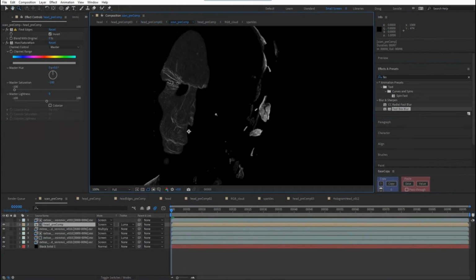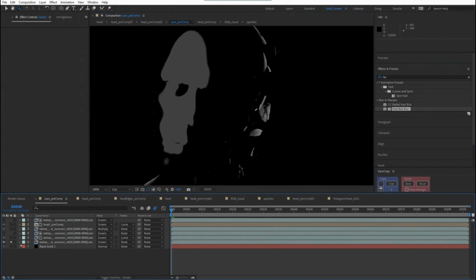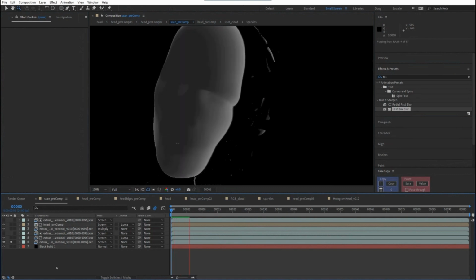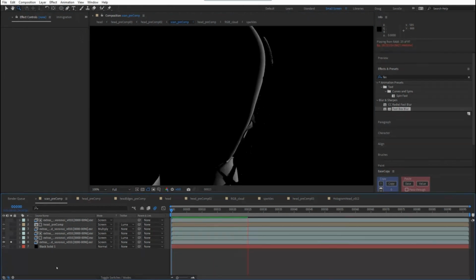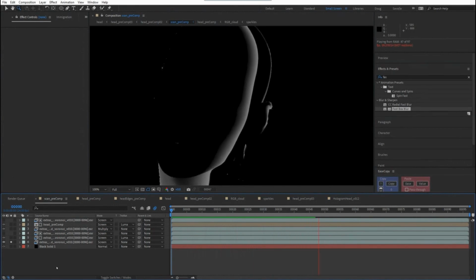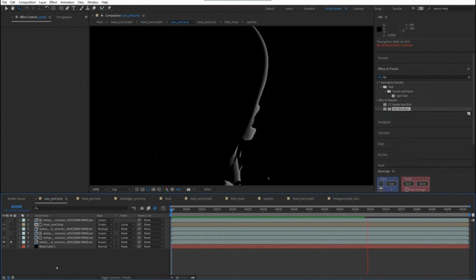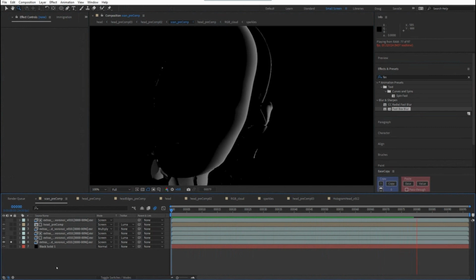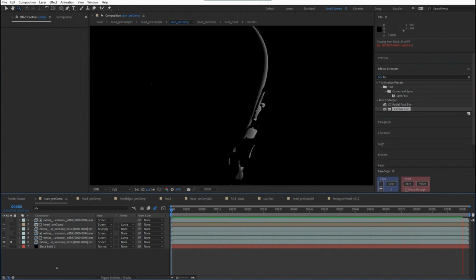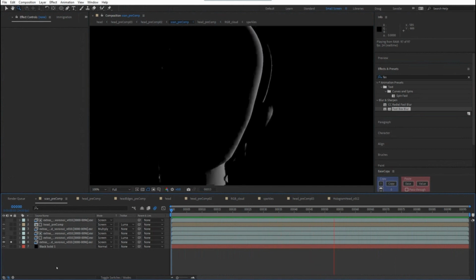Now the scan comp is using mostly that extras pass that we made, the one that had the gradient and the cells and the Fresnel and all that fun stuff. And the base of it is really built off of this effect right here, this scanning effect. And this is an effect that I love to use. I've been doing it for a very, very long time on a variety of things. You can use it for a lot of stuff.